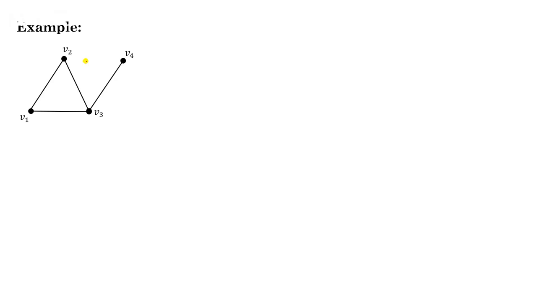Let us try to understand this theorem with the help of this example. We have to find the chromatic polynomial of this graph using the decomposition theorem. Say this graph is G(V, E). Now we have to find a pair of vertices such that the two vertices are non-adjacent. Here V2 and V4 are non-adjacent. V1 and V4 are also non-adjacent. So first we will consider V2 and V4.